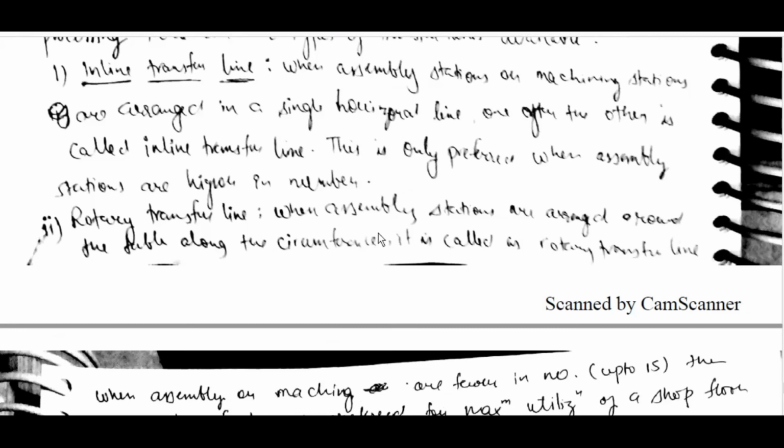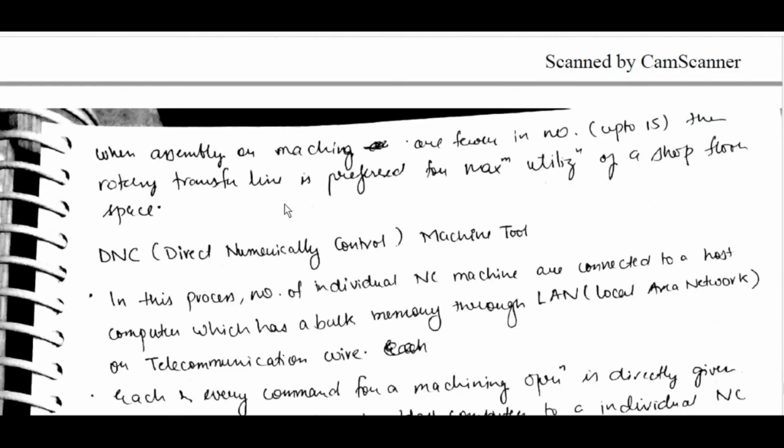Rotary transfer line: when assembly stations are arranged round a table along the circumference, it is called a rotary transfer line. When assembly or machining stations are fewer in number, up to 15, the rotary transfer line is preferred for maximum utilization of shop floor space.